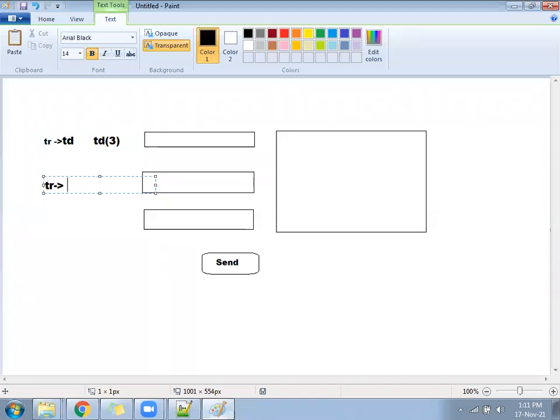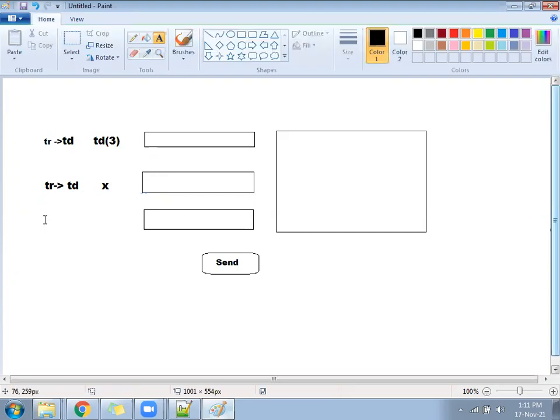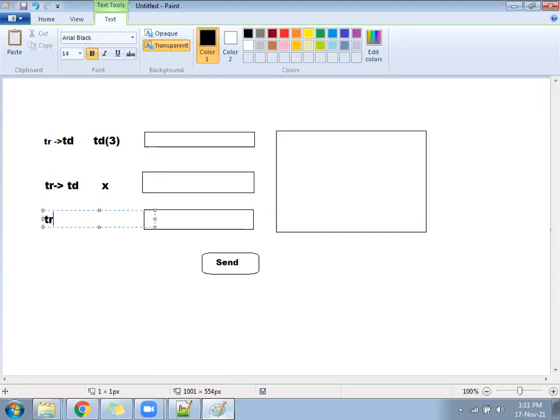So that TD has covered the space of first, second, and third also. So here only one TD. In the third TR, also only one TD, because the space of the second TD is already occupied by the first one.